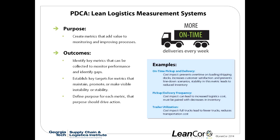We also, trailer utilization is, as I mentioned earlier, full trucks lead to fewer trucks. It's really that simple. So this doesn't jive too much with my comment about more frequency as well. So this is where we just need to be creative. How do we find different volumes to combine inside of our trailers? How do we use cross-docking to minimize lead time, maximize cubic utilization, minimize required inventory on hand? Of course, there's a ton of other things we could be looking at. I think just the important aspect is